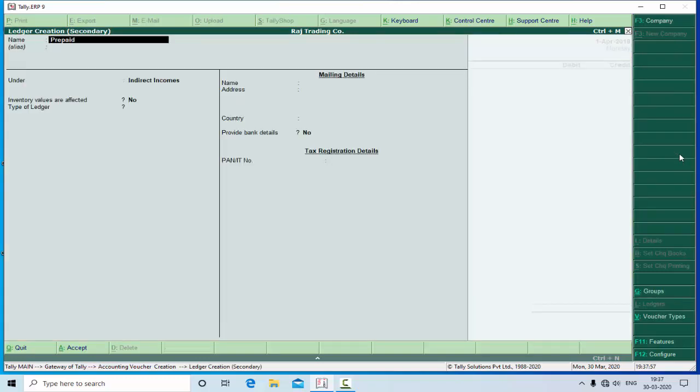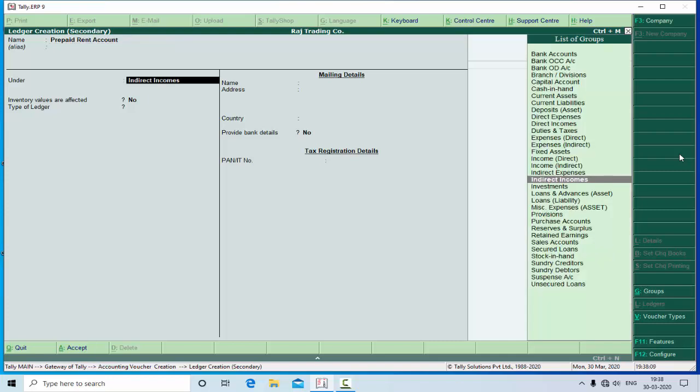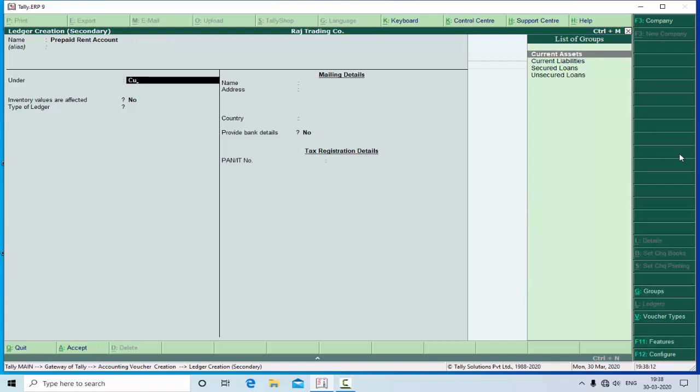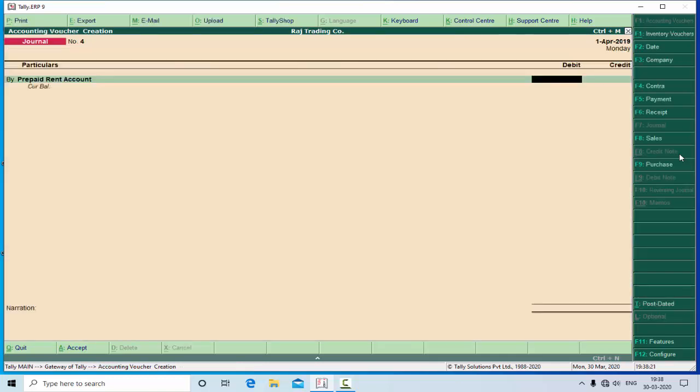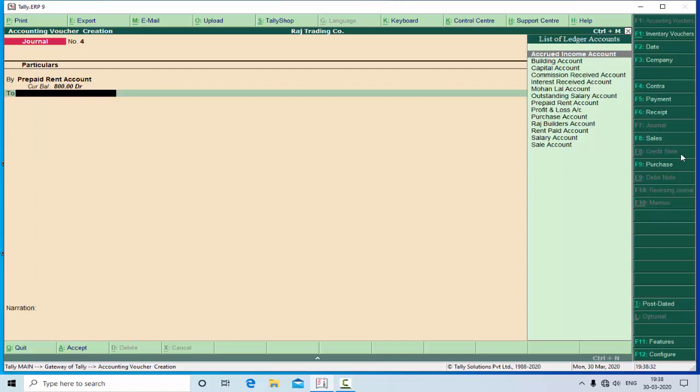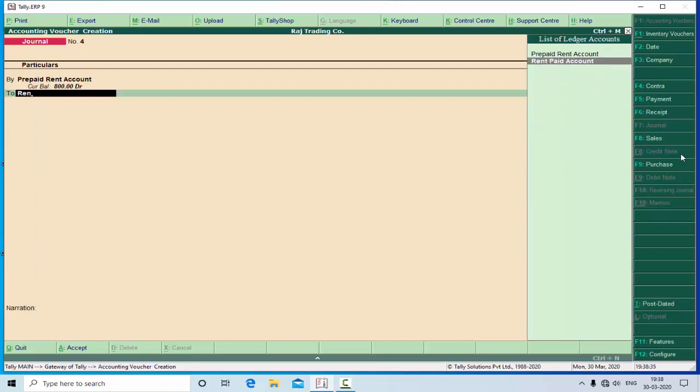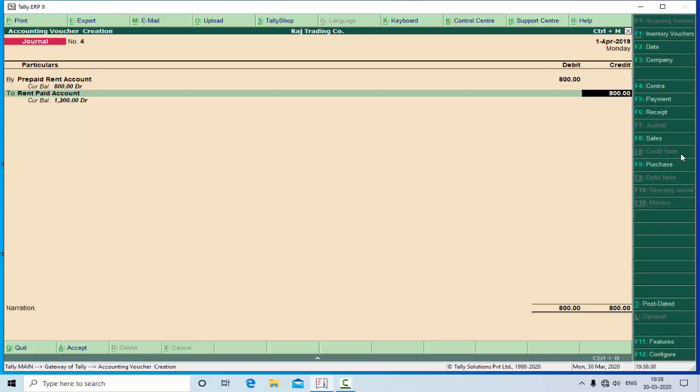So this entry will again be recorded in the journal voucher. Create the prepaid rent account. So create the prepaid expense account, maybe rent, maybe salary, maybe any other expense such as telephone, under current assets. All the expenses which are paid by us in advance are covered under current assets, meaning prepaid expenses are covered under current assets. I think you understand, and enter the amount of that expense here. Amount will be 800, and then select the rent account which is already created by us. So the rent account, meaning the expense account, will be credited.